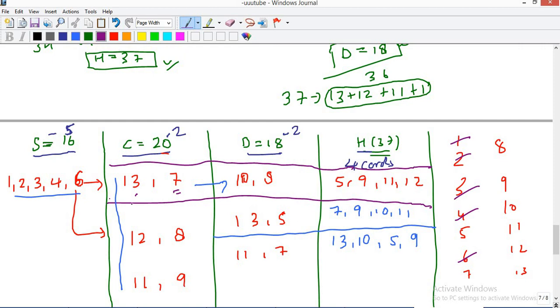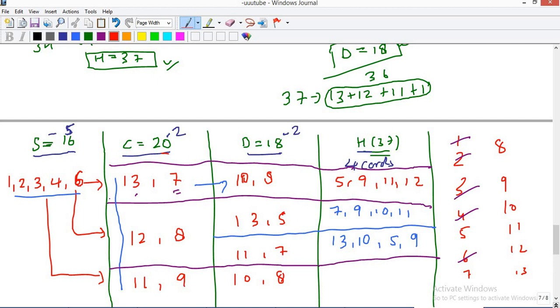So now I'll move to the last case, that is of 11 and 9. Now if the sum is 11 and 9 is already used, I need a sum of 18. So what are the possibilities? I can definitely use 10 and 8. 10 और 8 use कर सकता हूँ मैं if I'm going for the third case.